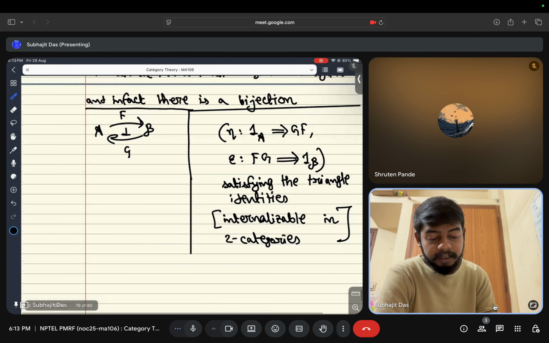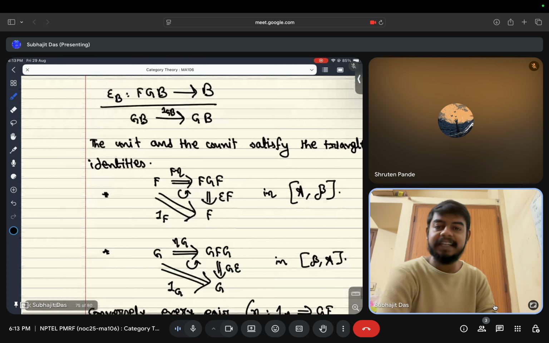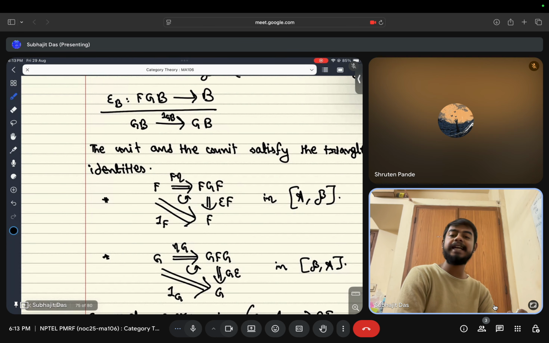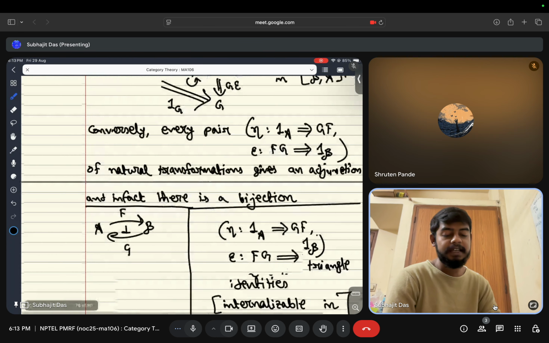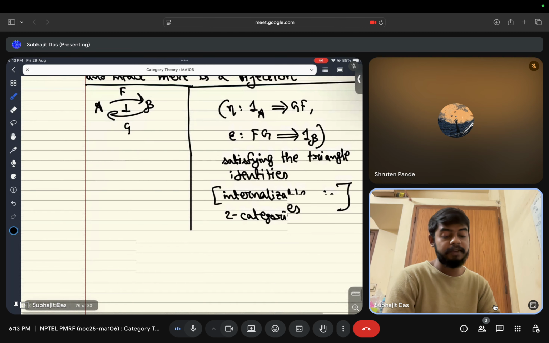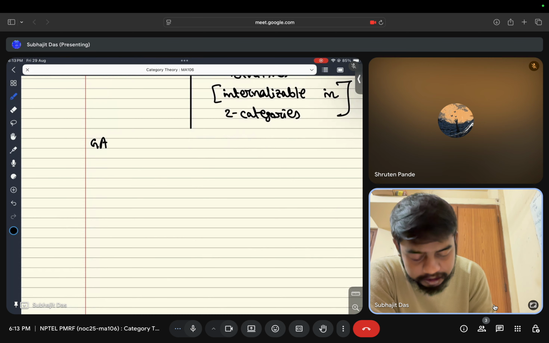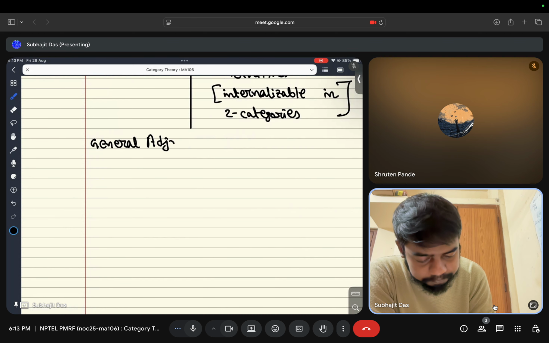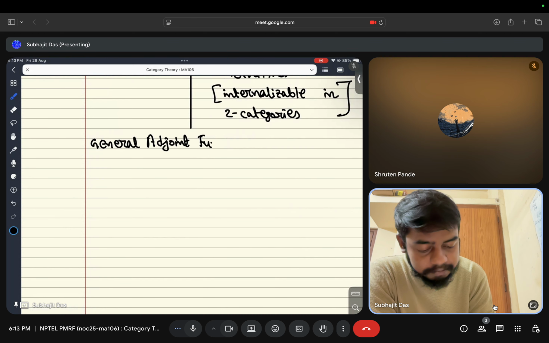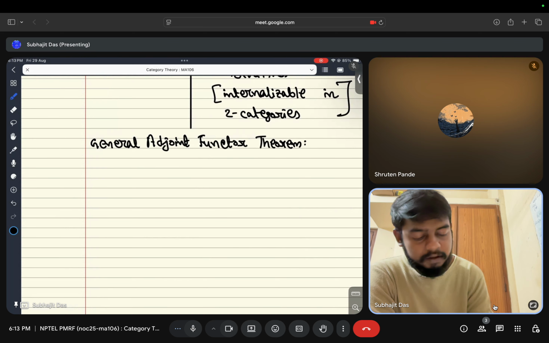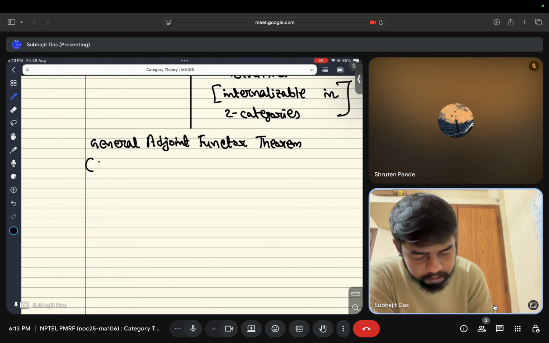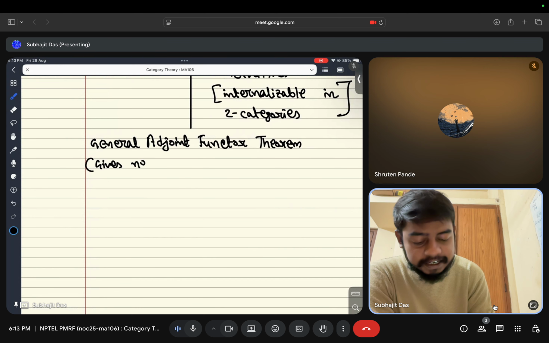Anyways, adjunctions can be characterized using pairs of natural transformations eta and epsilon satisfying the triangle identities. This was one of the things that you learned this week. Moreover, even more interesting, you also learned about the general adjoint functor theorem, which as I mentioned gives you necessary and sufficient conditions